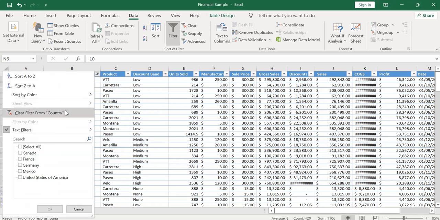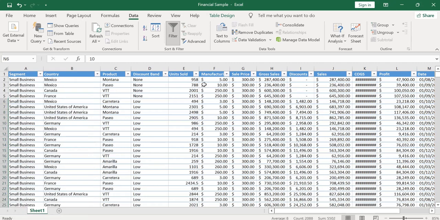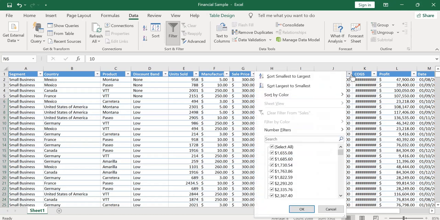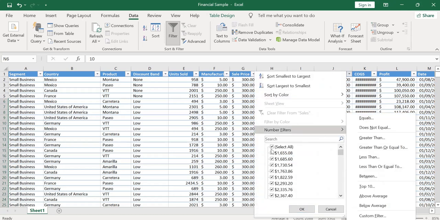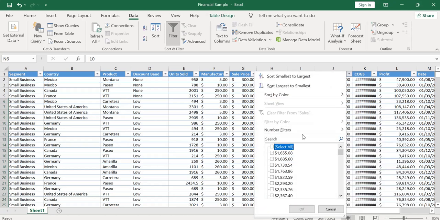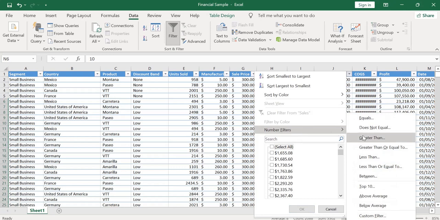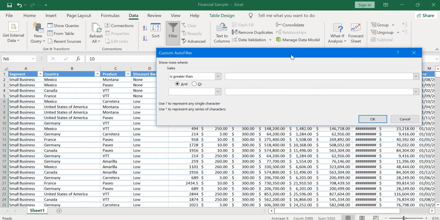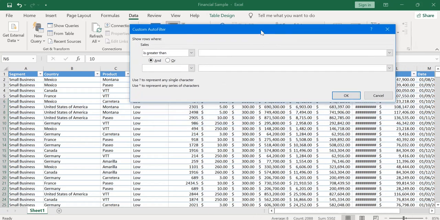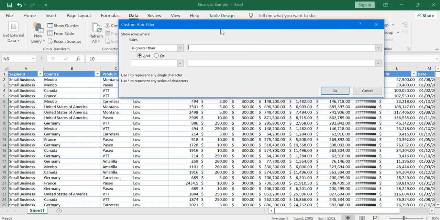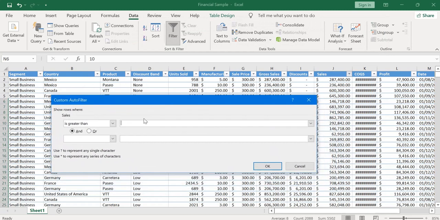Let us clear the filter from Country. And now we can also do this for numbers. If you see here, first deselect, then go to Number Filters. I want the sales which are greater than 2 lakhs.